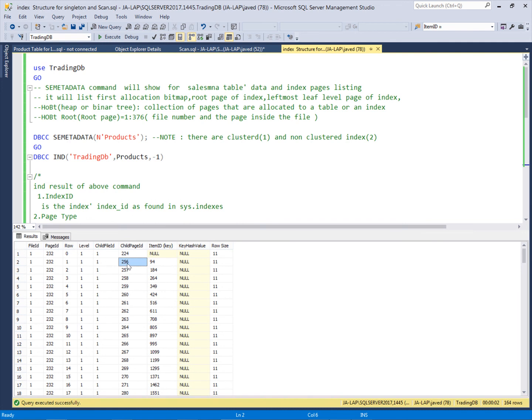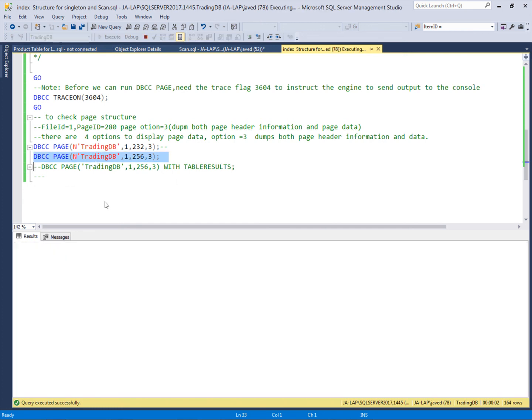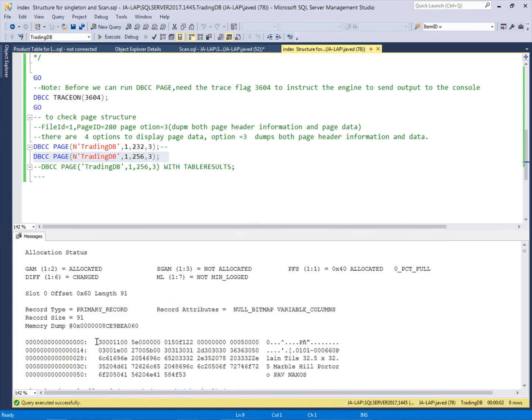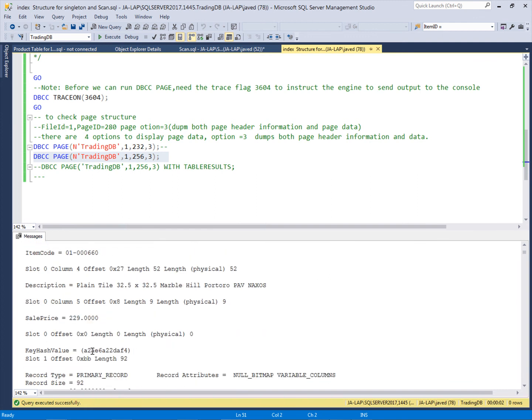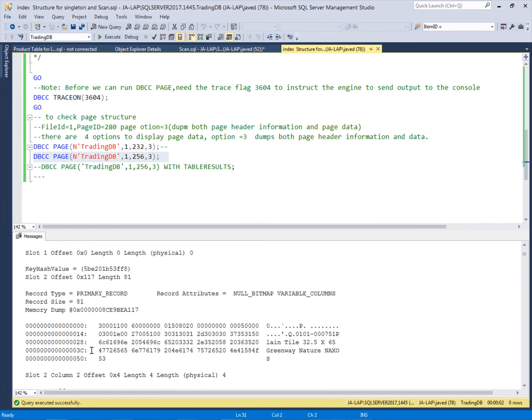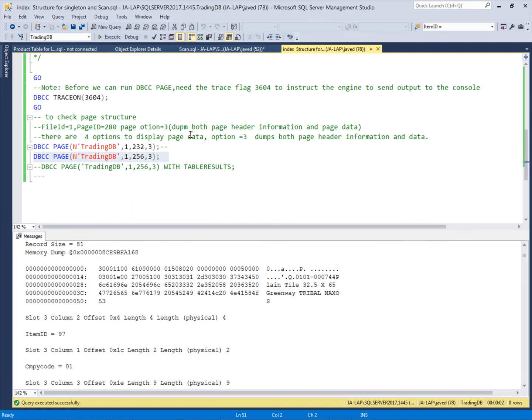this 256 page ID into memory, and now this page 256 has 90 records. From 94 until 183, it's almost 90 records. So from these 90 records, the storage engine will not do a sequential scan, it will not read each record one by one starting from 94, then 95, then 99. It will do a binary search, it will find the middle record of this page, and it will check whether the middle record matches our required ID.